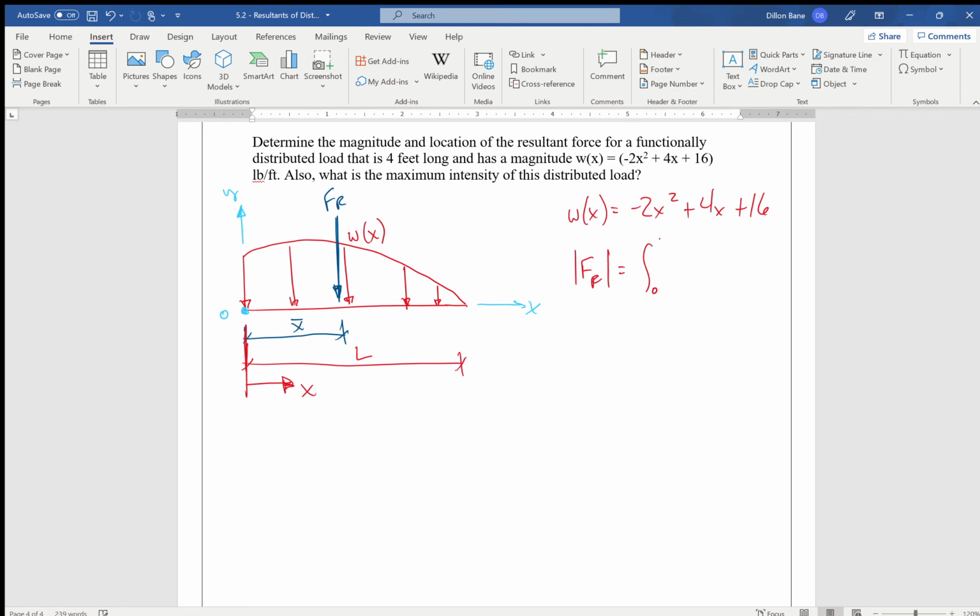We know the magnitude of the load is just equal to the integral over the length of W of x. So that is going to come out to be the magnitude of the resultant is just equal to negative 2/3 x cubed plus 2x squared plus 16x evaluated from 0 to L, right? If you do that, what we find